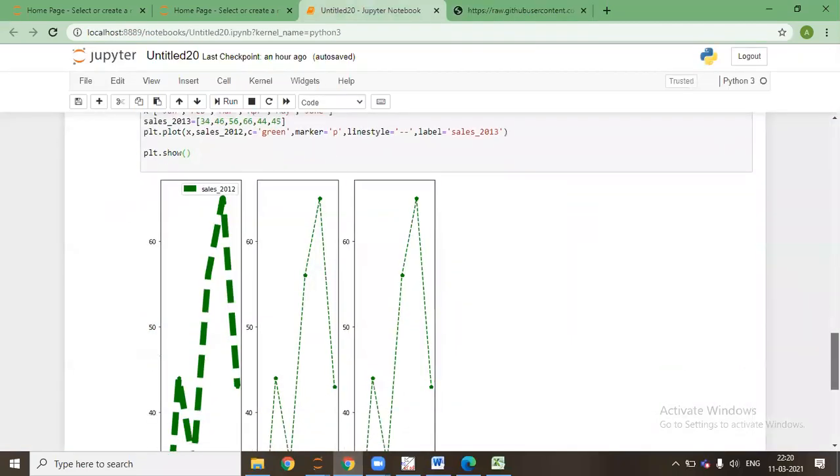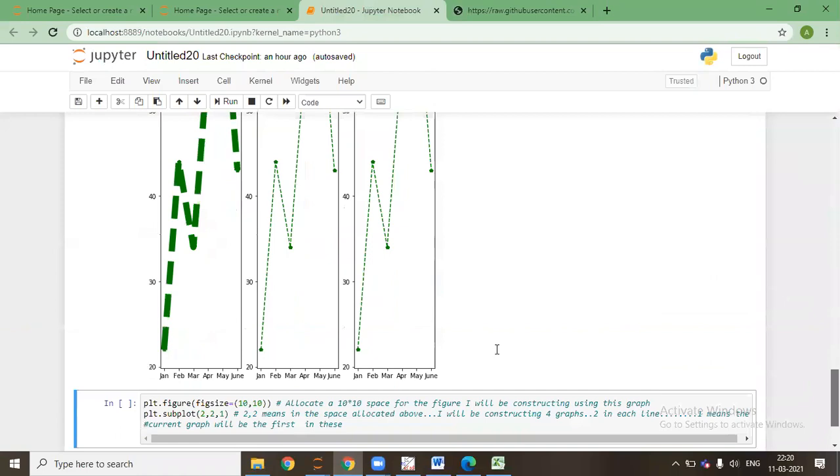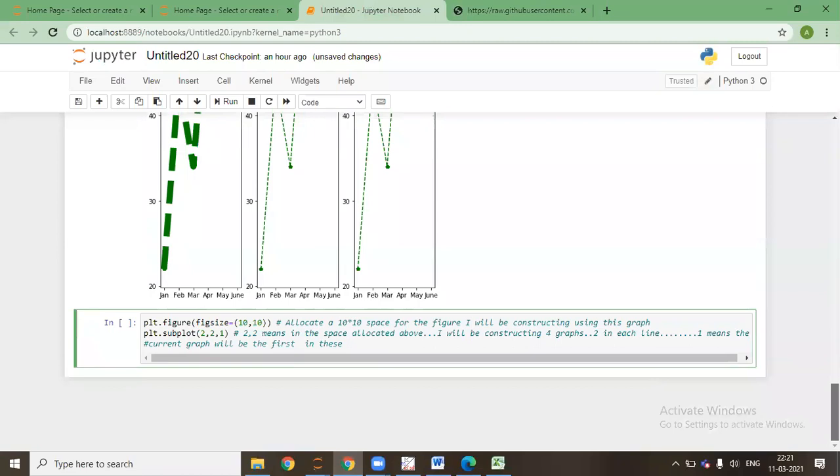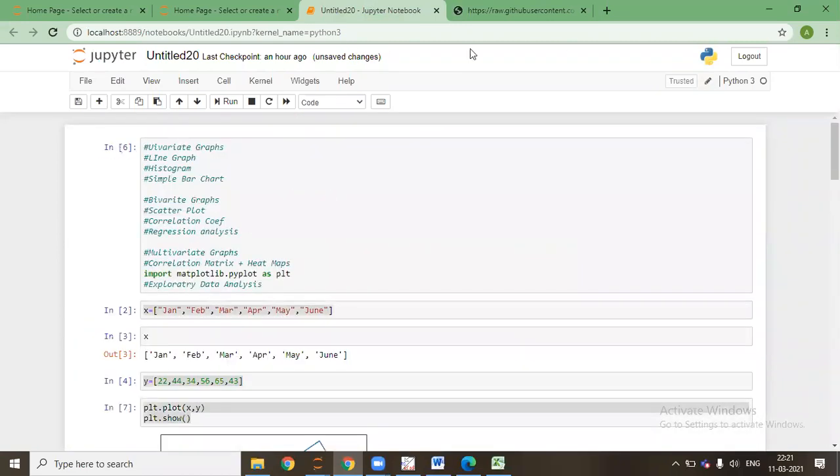So let us work on a data. Just give me a second.